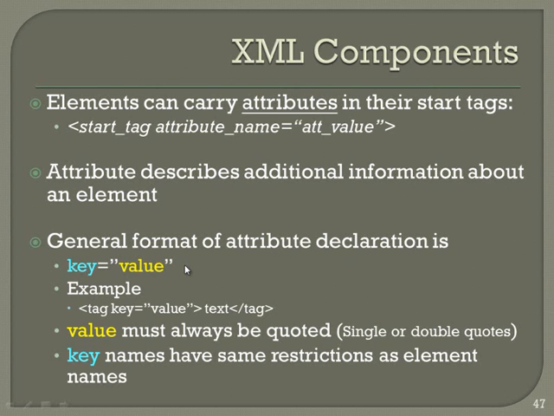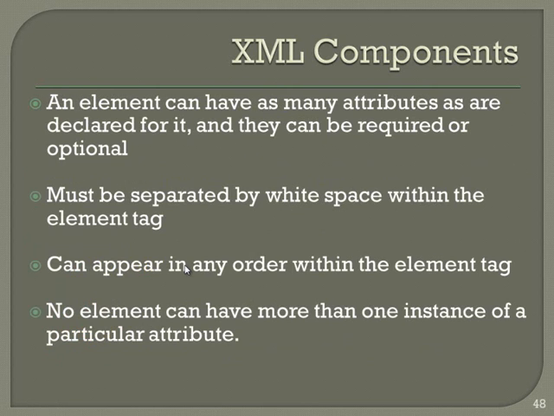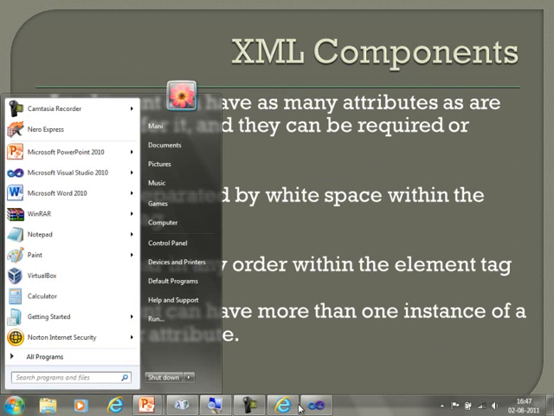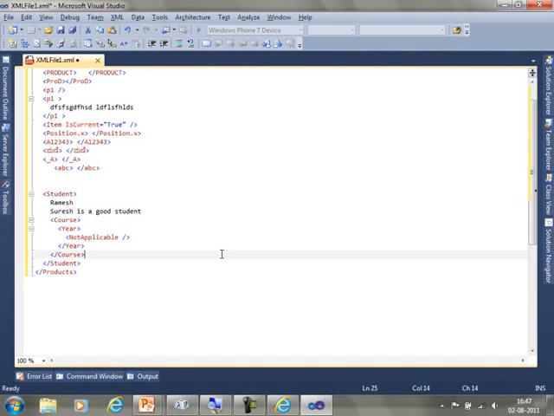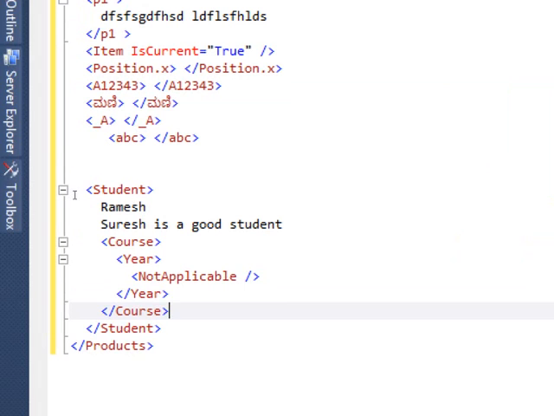It must be placed within the quotes. Even if it's a value, you must place it inside the quote. Let's look at some of the properties of the attribute. Attribute naming follows the same thing. Now if I take the student, and I want to describe which student I am talking about, I can say these are NCA students or MS students or any other.